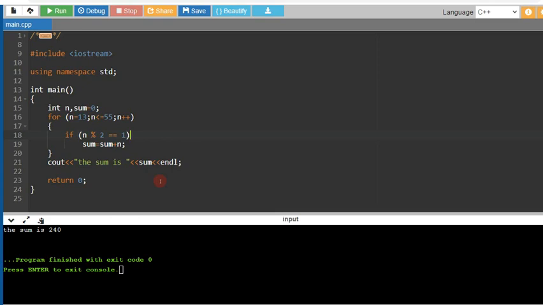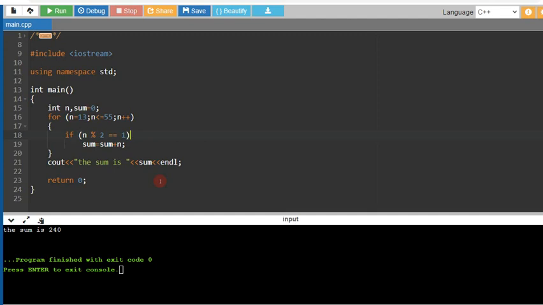In this case it will find the sum of all the odd numbers: n modulus 2 equal to 1. We can take a remainder variable also, store the answer in remainder or R, then check, but that will again be a lengthy process. So let's do it directly, as we already learned before.